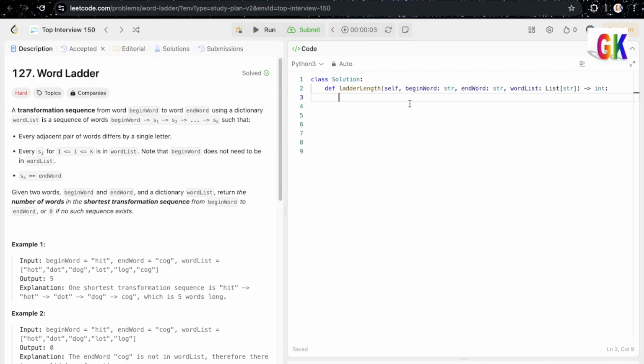As I have already discussed its explanation, so just here. So here the beginning word, end word and word list have been given. So at first I will check if the end word is not in the word list. If end word is not in word list, then I will return 0. Okay, if the end word is not available in the word list, then no need to check now. Next what I will do, as I already discussed, I will take one dictionary of lists,